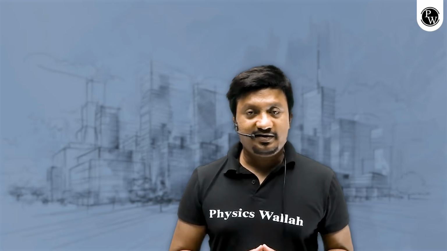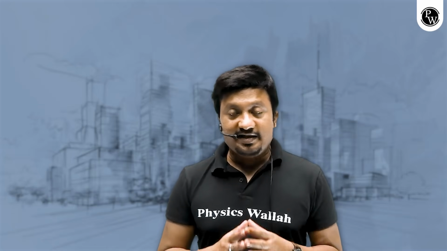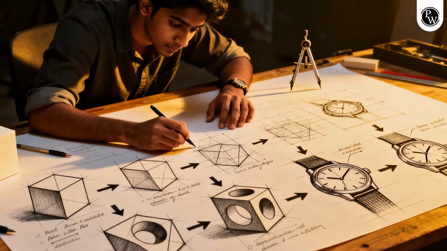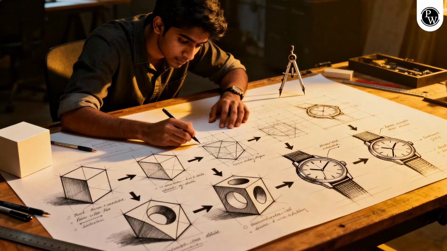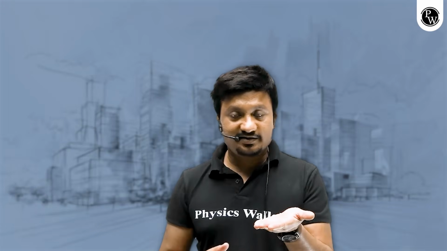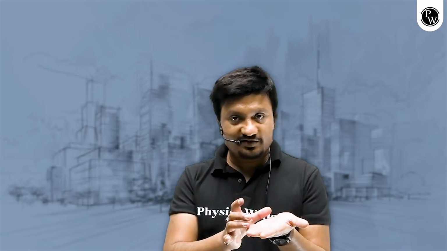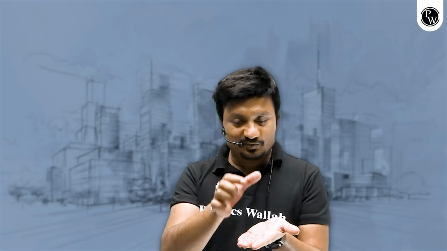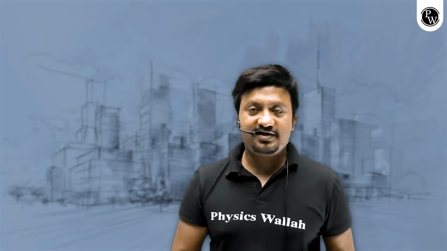But a product has some angles also. The angle has to be done in a certain way that it gives us the 3D feeling or the 3D projection of the product. Like if the product is here and you can see the product in front of you, you should be able to do the projection of the product where we can see its parts as well. Now parts can be shown from top to bottom and the parts can be shown from right to left or left to right. That is how the product has to be made.